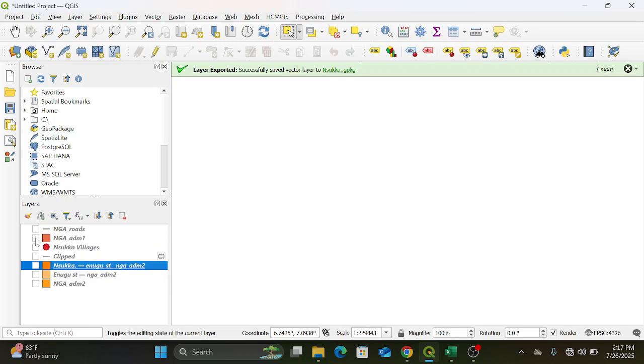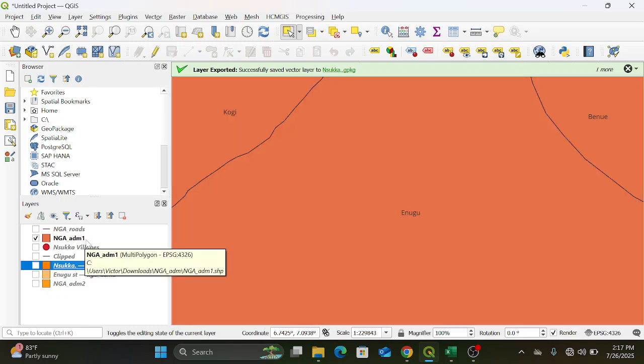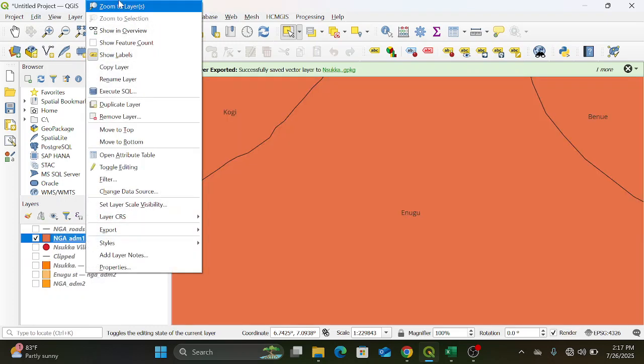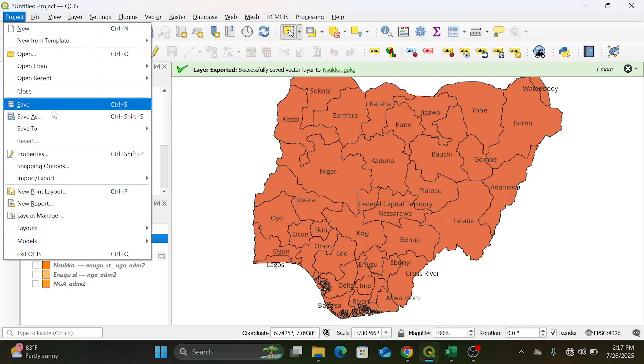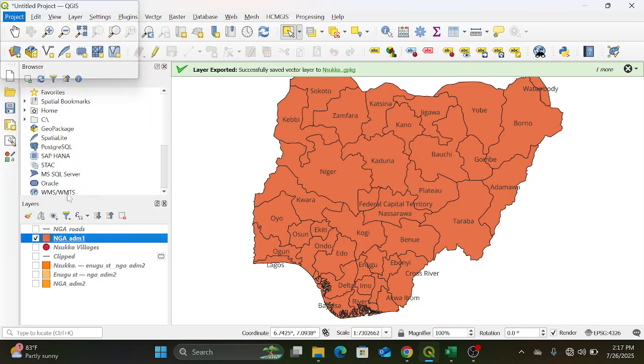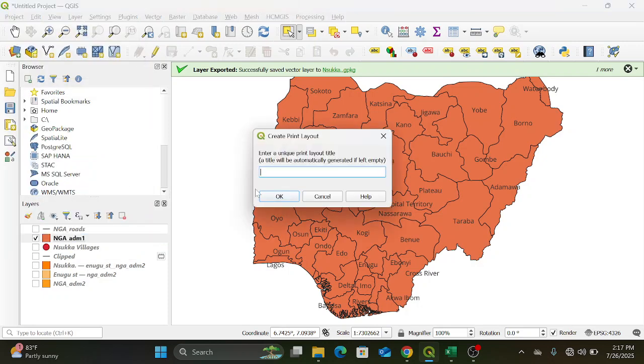I want to start working on the first map, which is your ADM1. I'm going to click on that, then right click on it, go to zoom to layer. So this is it now. It has a shortcut, you press Ctrl P, or you go to this project and you click on new print layout. So I'm going to name it as Nsukka, or should I name it as area study map,